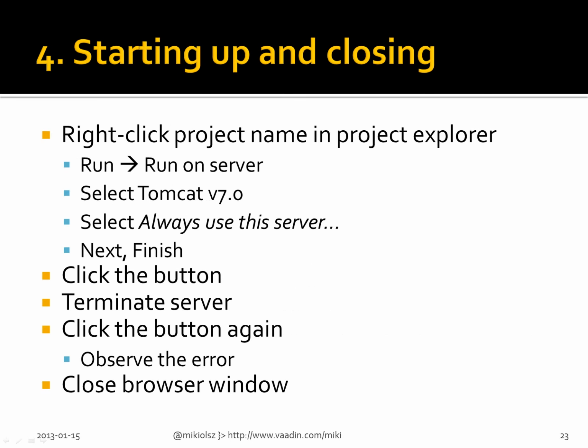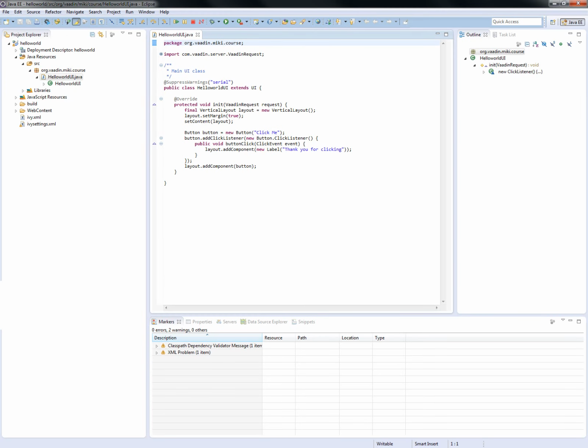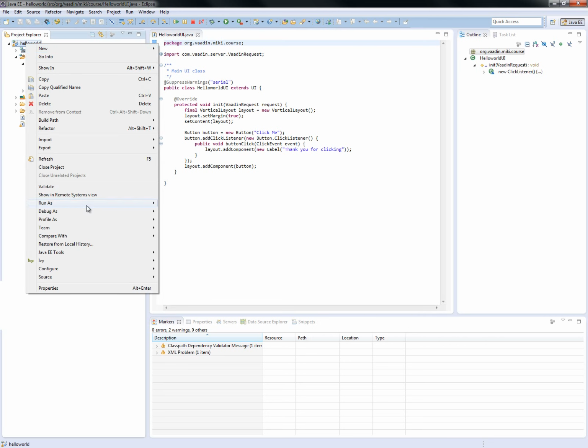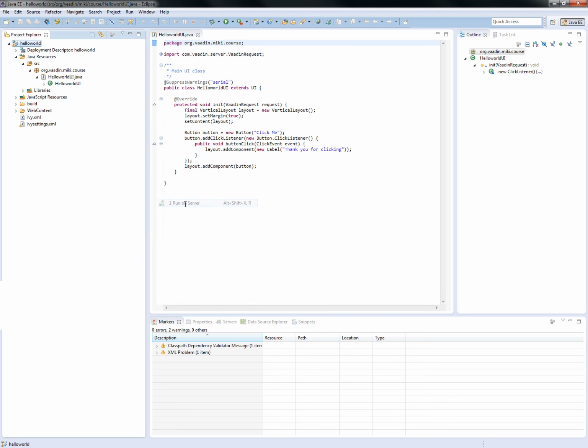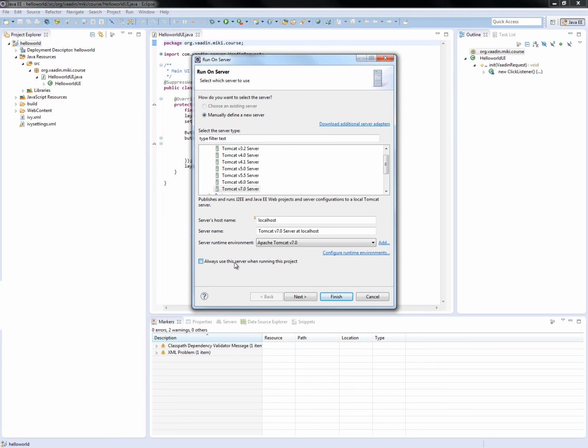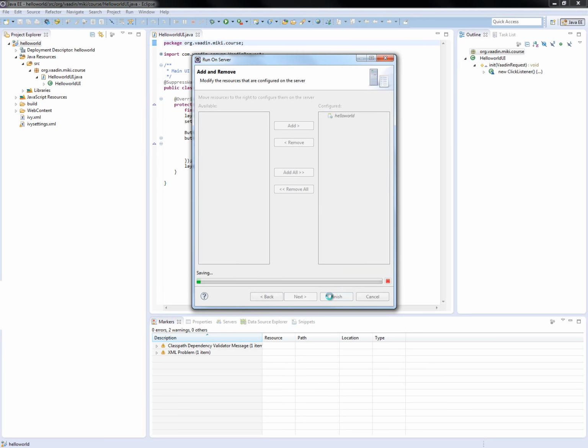We should right click the project name in the project explorer. This is the tree on the left, and then Run on Server. We select Tomcat. We of course select that we should always use this server, and then we click finish. So if everything went well with the installation, then we should be able to do it. We now finish it,